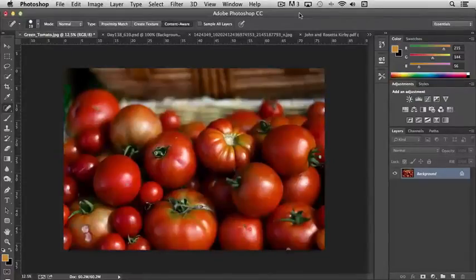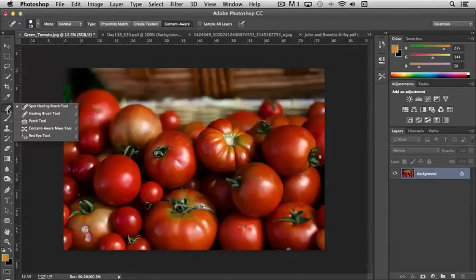Photoshop provides us with a number of amazing retouching tools that we can use to fix photographs, remove blemishes, and a lot of different options that we have. And in this video, we're going to take a look at what's available to us. First thing we're going to take a look at is the healing tools. And I love these tools. They are just amazing. I don't know how they do what they do, but we're going to go through them